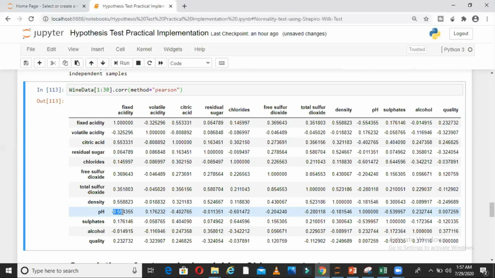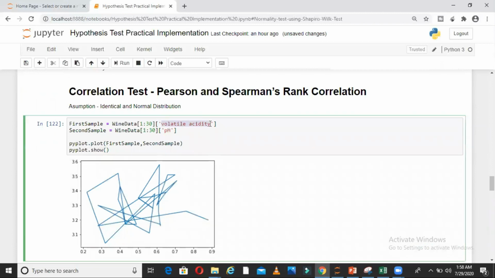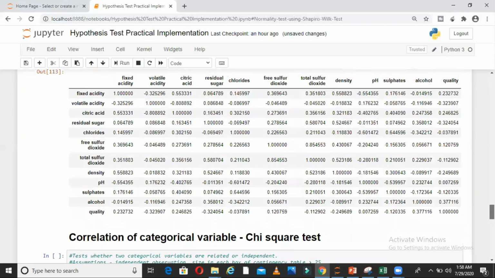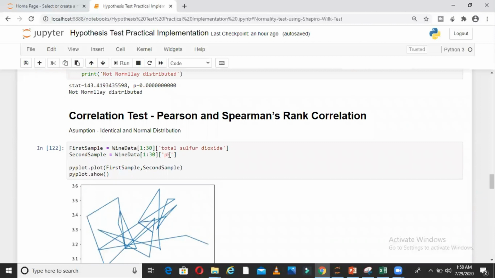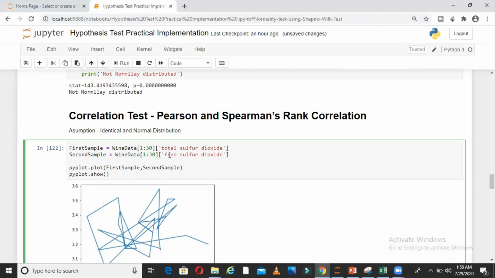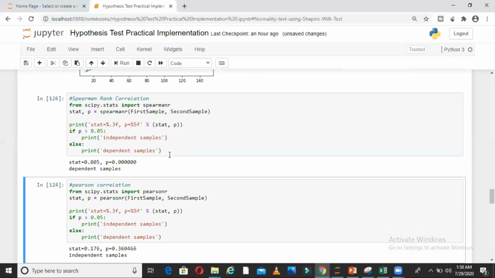So 0.55, this is not a strong correlation. I was expecting it to tell me it is not a strong correlation. Why don't we try changing to this, actually, total sulfur dioxide. We will take these two columns and see how it comes out. So total sulfur dioxide we will take here, and what is the next column? 0.85, free sulfur dioxide. So here the correlation value looks high, hence I expect my analysis also to give me correlation. This is how it looks on the first 30 observations.